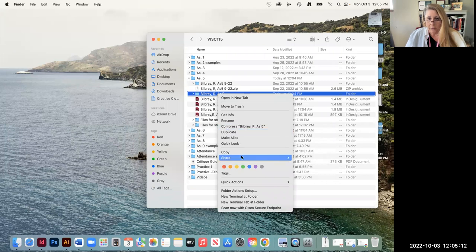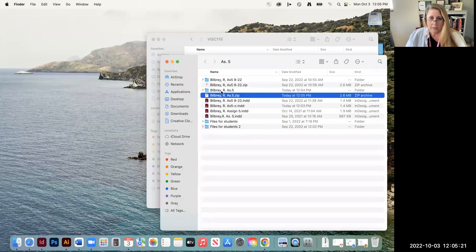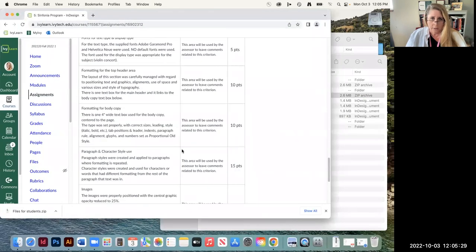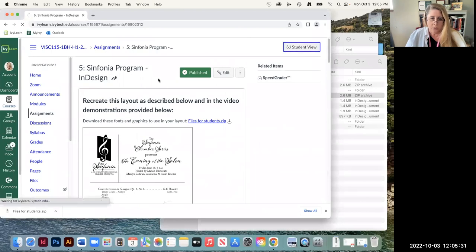I will right click on that and go to compress. Now, if you're on a PC, it's a little fly out menu that allows you to compress it that way. Send to. But on a Mac, I just go to compress. Now I have the zip folder ready to go. And I am going to go to our class folder, our class assignment, switch up to student view, and I